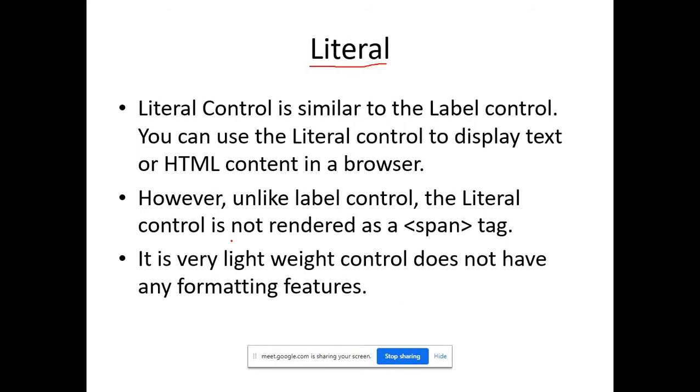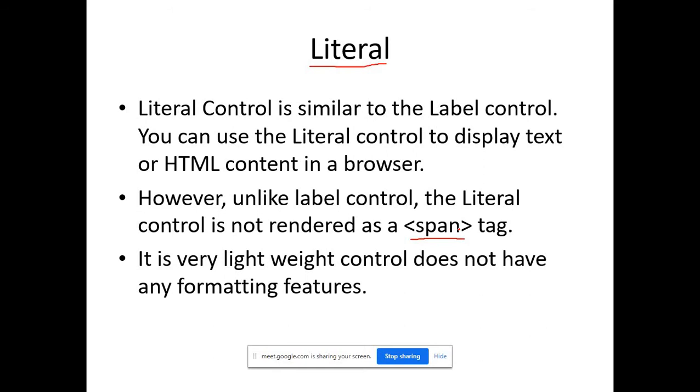Usually when we take a label control into a web page, it will be rendered into the span tag. That's what we know from the rendering process. When we discussed that, I showed that we placed a label, ran that page in Internet Explorer, and going into view source, we saw that the label control gets automatically rendered into the span tag, right?